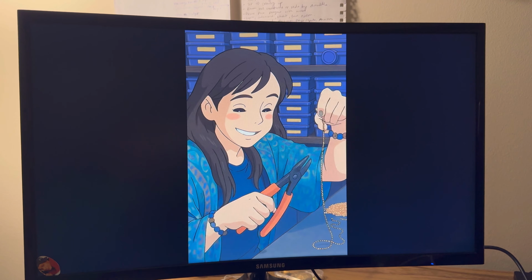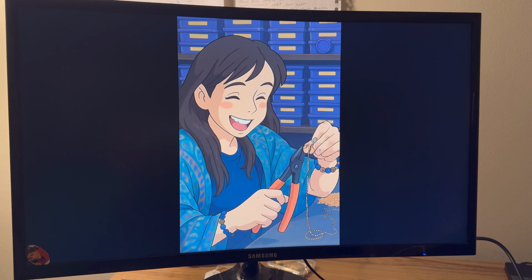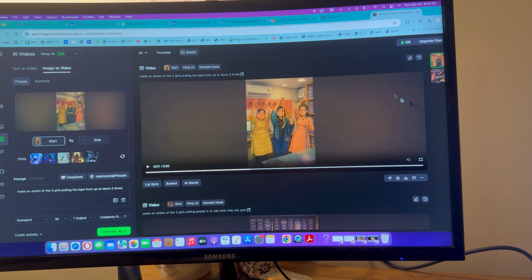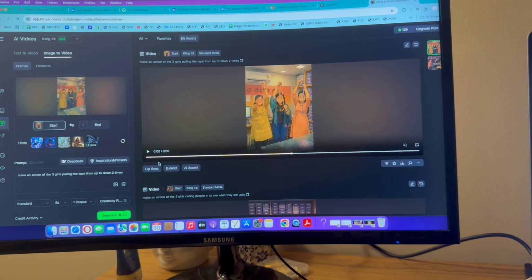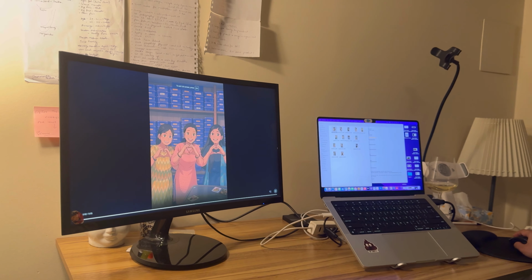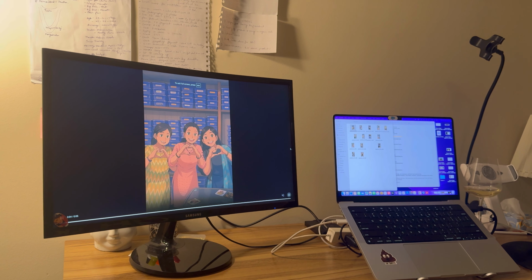Of course, the AI is new and it needs some time to kind of learn. It's artificial intelligence at the end of the day, guys. It will improve eventually. I've managed to generate 8 of my images into videos now.